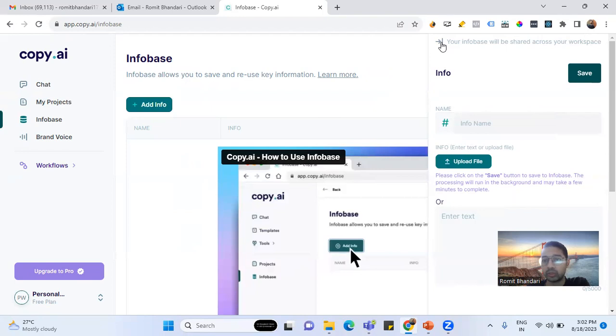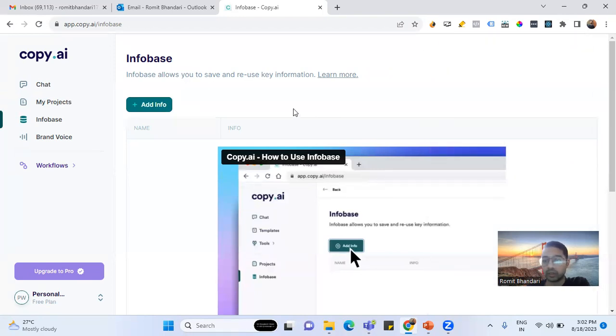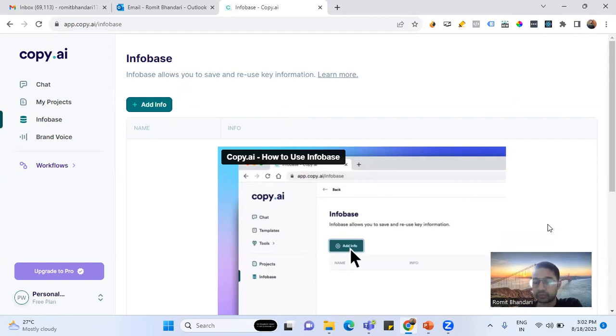Basically, you can use this information somewhere in the portal. So it could be something like a FAQ document or something which helps you in getting the answers. Okay, so we look at that,